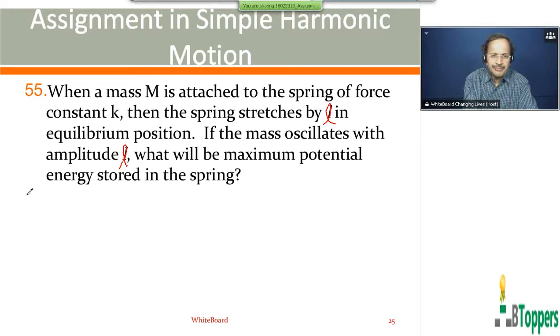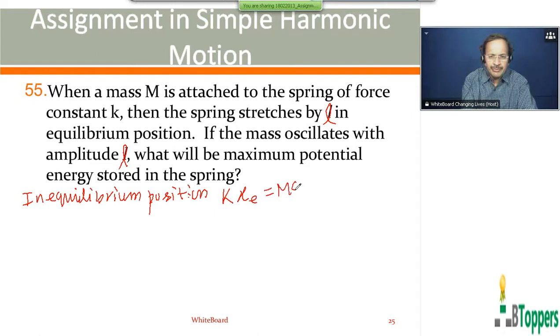So in the equilibrium position, the resultant force on the mass is 0. The elongation in the equilibrium position is usually denoted by Xe. So the magnitude of the elastic force by the spring will be equal to the magnitude of the weight mg. Here the elongation in the equilibrium position is denoted by L. So in general, if you consider the oscillations of the mass attached to a spring, L naught is the